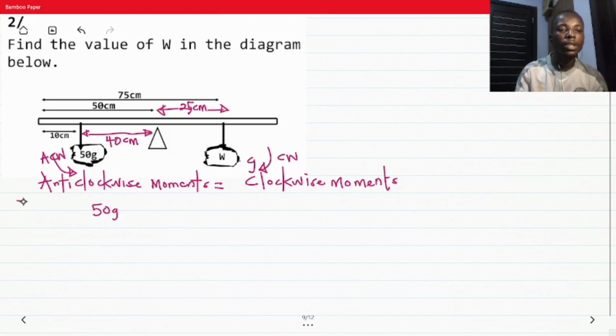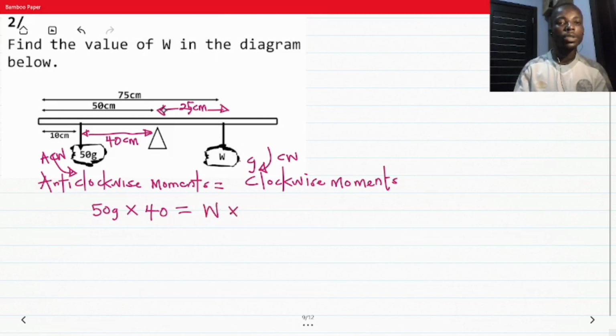There's no need to convert this if you want your answer to be in grams, but if you want your answer to be in Newton, then you have to convert this by multiplying by 10, that's acceleration due to gravity. So we have 50 grams times the line of action, the perpendicular distance, which is 40,